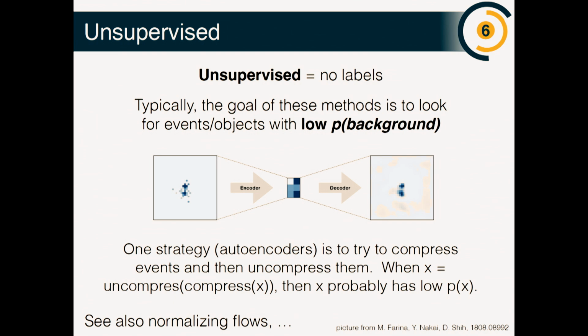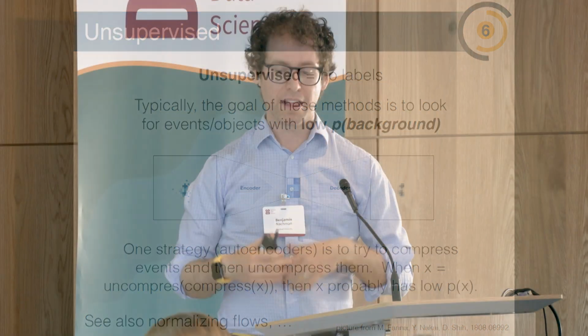I think Ashley mentioned in her last talk that someone used an autoencoder. So autoencoders are of this class. And an autoencoder, like the one shown here, tries to automatically compress and uncompress the data. So imagine you have image-like data. You can learn to compress and uncompress at the same time. And when you take some new data point you haven't seen before, you compress and uncompress it. If it's not uncompressed very well, so the original and the compressed-uncompressed versions do not look very similar, then likely it has